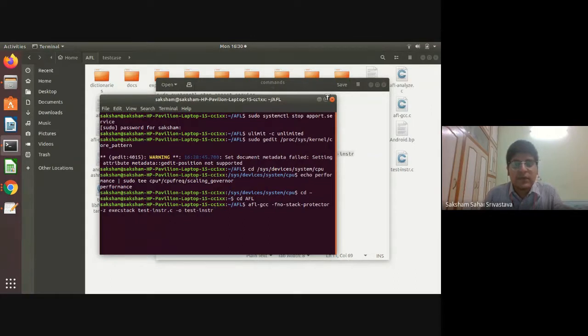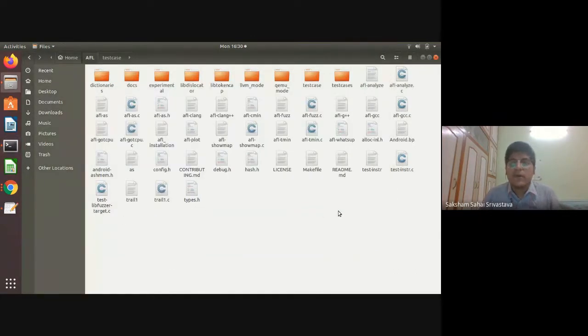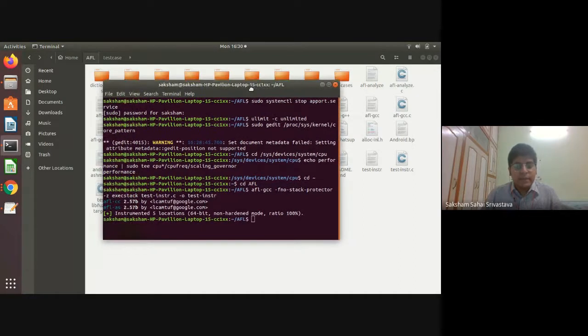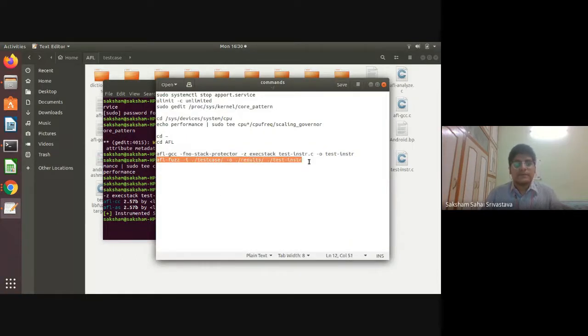So initially I have taken this. Now, whichever program you are trying to do, it can be test.instruct or trial.1. You have to change the name each time, and it should be present inside this AFL folder, and not inside any subdirectory. Otherwise, there will possibly be some error. Okay. Now I'll just execute, and see, it has compiled, and now I'll show this.